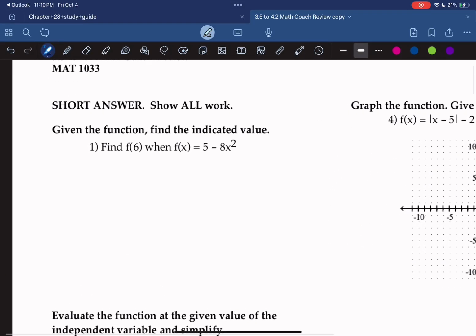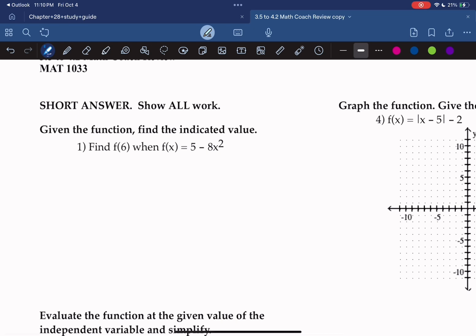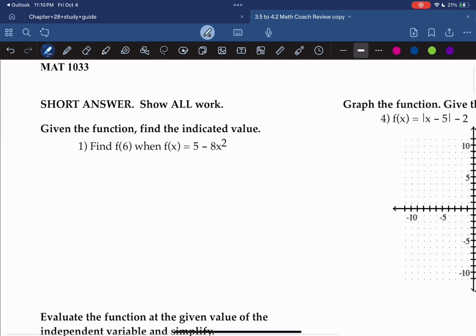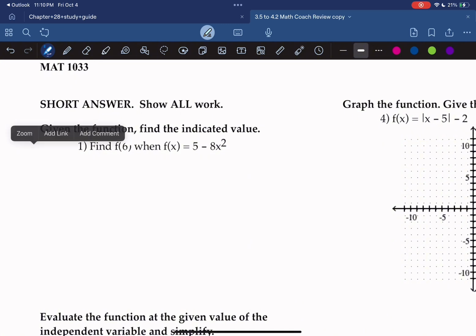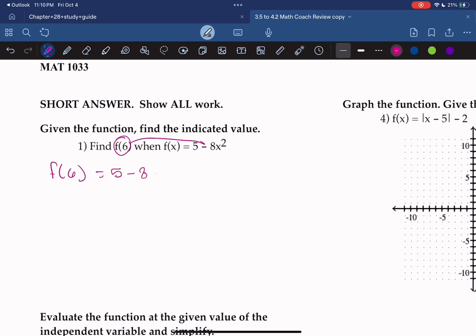Number 1, given the function, find the indicated value. Find f of 6 when f of x equals 5 minus 8x to the second power. So we would just have to plug in 6 right here. So f of 6 equals 5 minus 8 times 6 squared